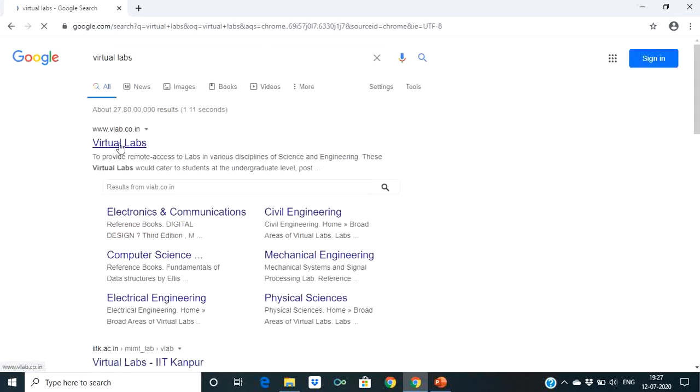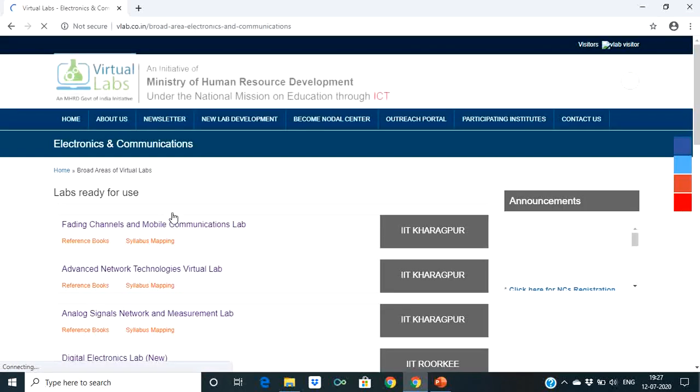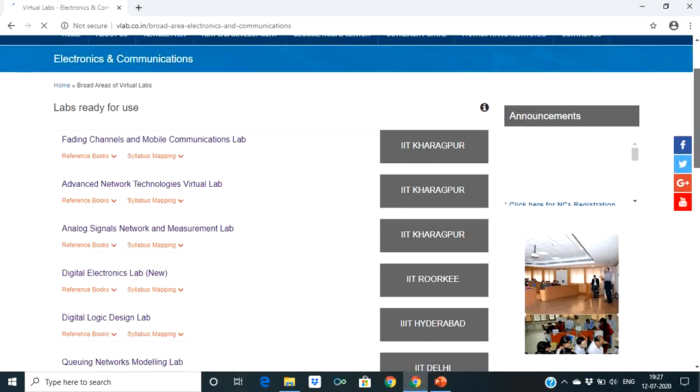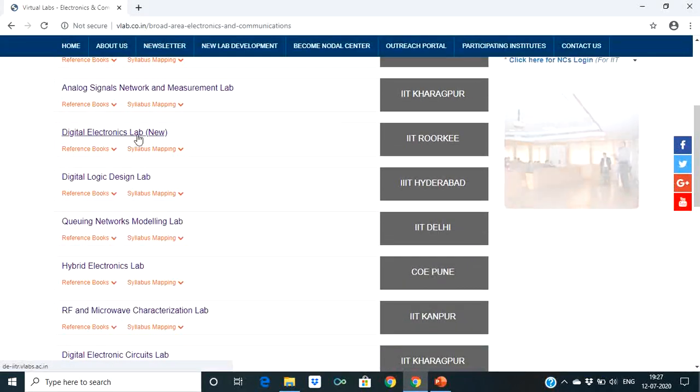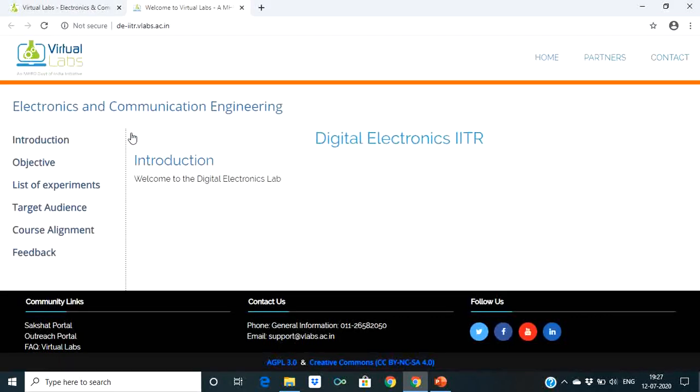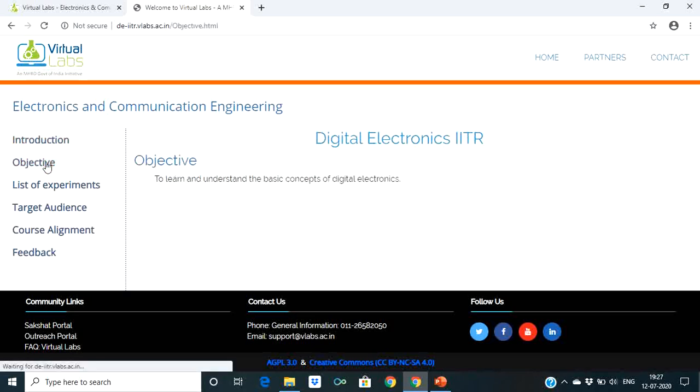So this is virtual labs and we will go to the electronics and communication part. Here you can see the list of labs. Here you can go to digital electronics lab new. This is developed by IIT Roorkee and you can see the introduction here, then the objective to understand the basic concepts of digital electronics, and you can go to the list of experiments.